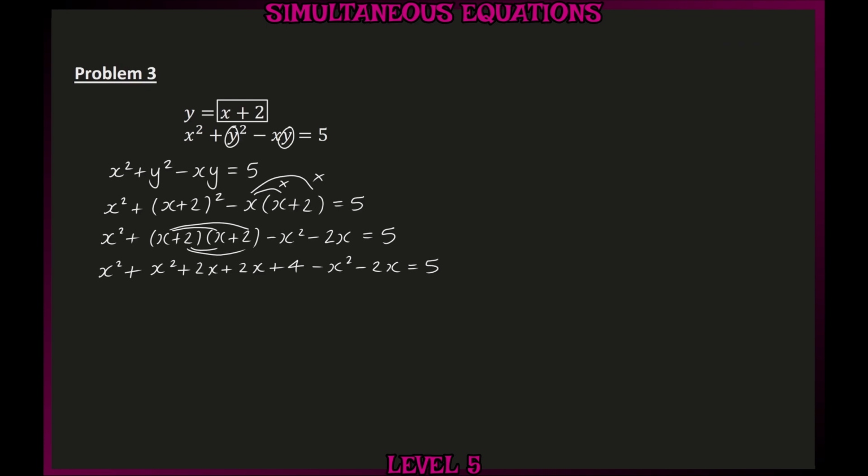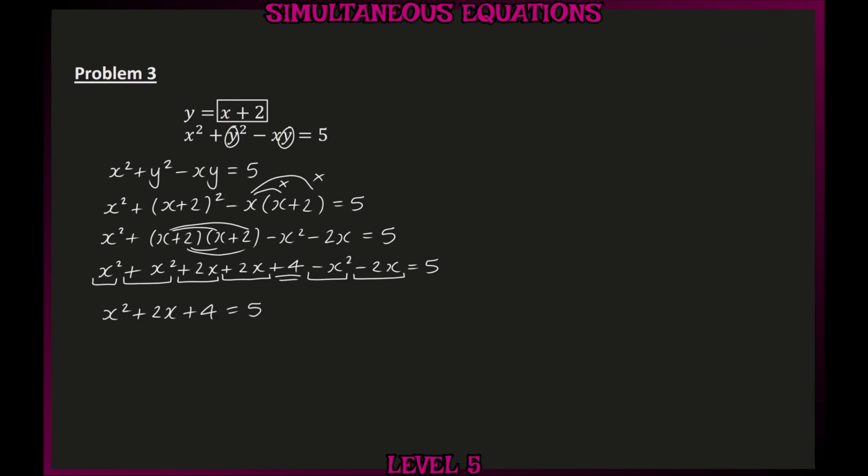And now on the left hand side, we can simplify by collecting together the like terms. So we have an x squared, a plus x squared, which is 2x squared, but then a minus x squared. So we just have x squared. We then have a plus 2x and a plus 2x, which is plus 4x, but then minus 2x gives us plus 2x. Finally, we have a plus 4 on that side, so we just leave that there,